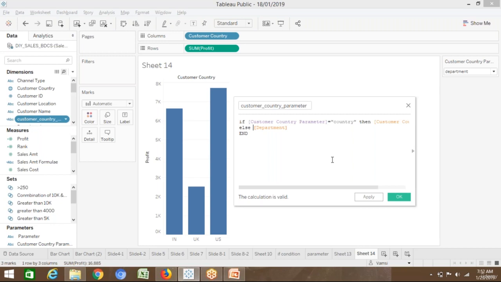So what are we doing? What is our objective? If the user selects a country from the drop-down, what is that drop-down on the right? That is a parameter. In that there are two values. So the formula is: if customer country parameter. This is our parameter name, basically the name for that drop-down. If the user selects